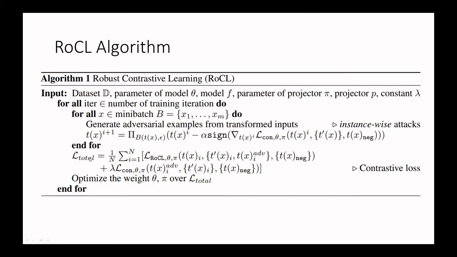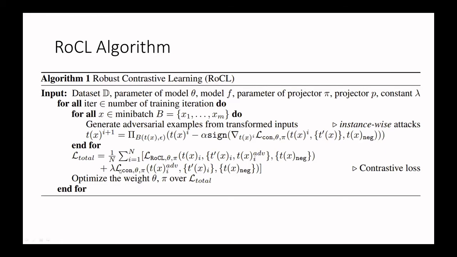And after calculating all the generated adversarial images, we'll be calculating the contrastive loss per batch. So we'll go through each image of the batch and calculate the contrastive loss with the added adversarial image